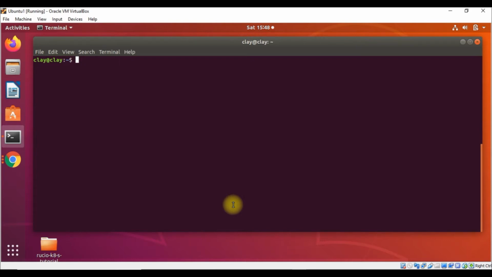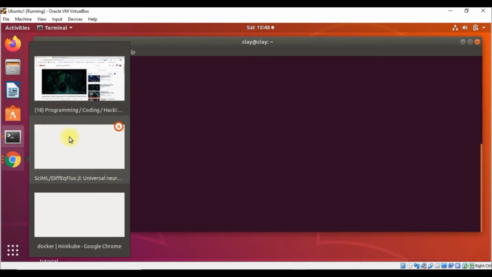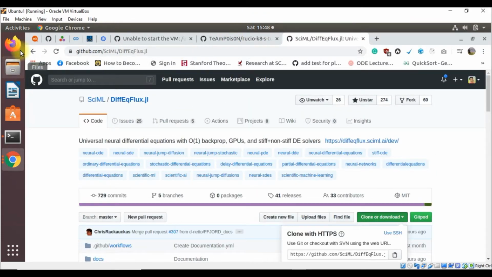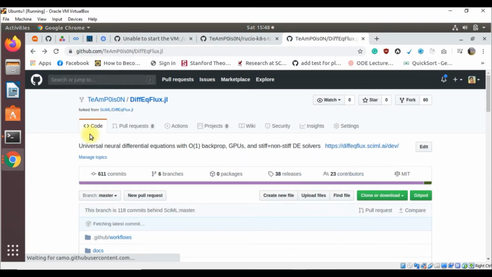Okay, so that is all about forks, and now we will see here, as you can see, it is the repo on which I have been working for the previous months.